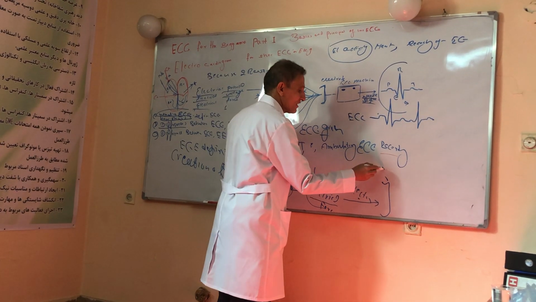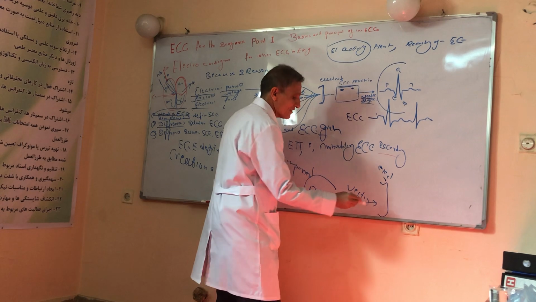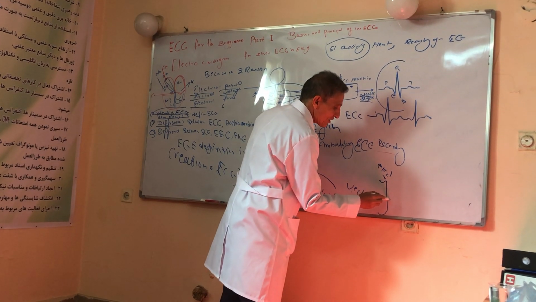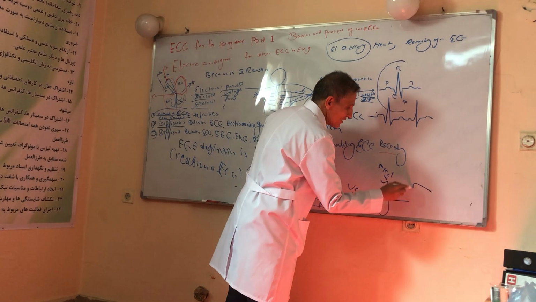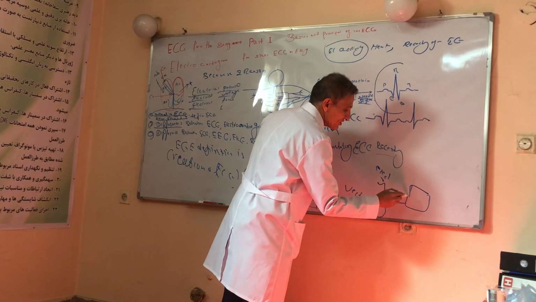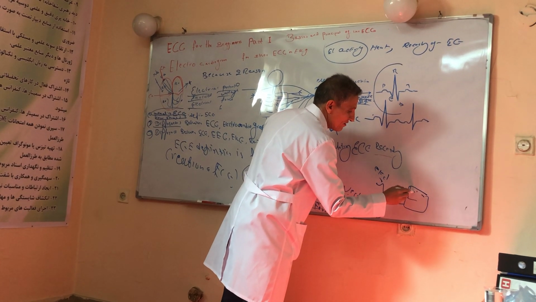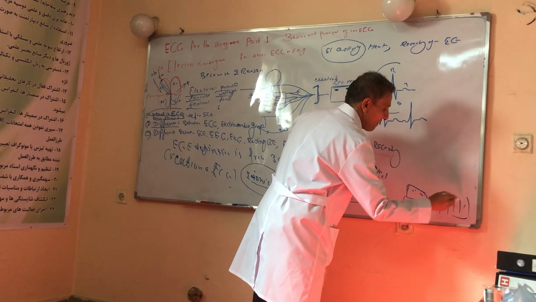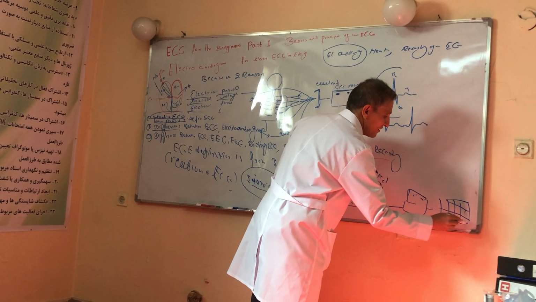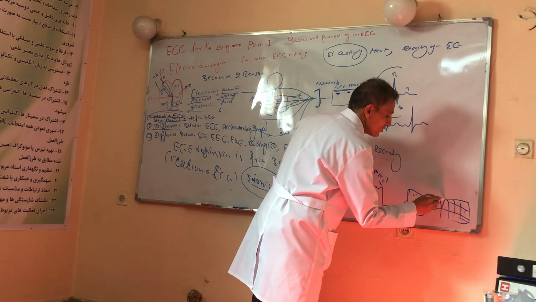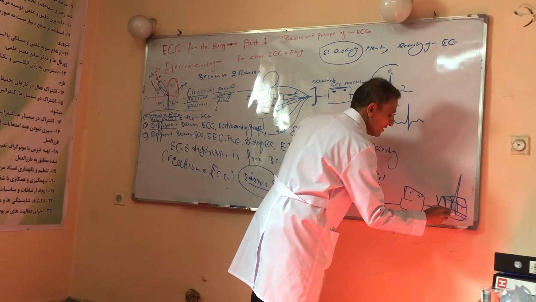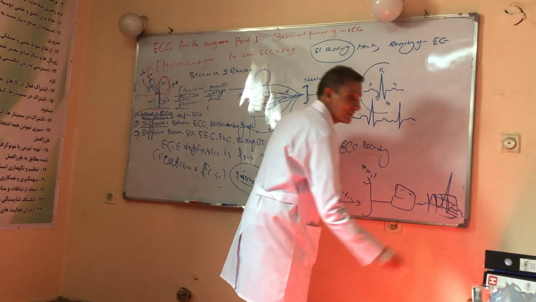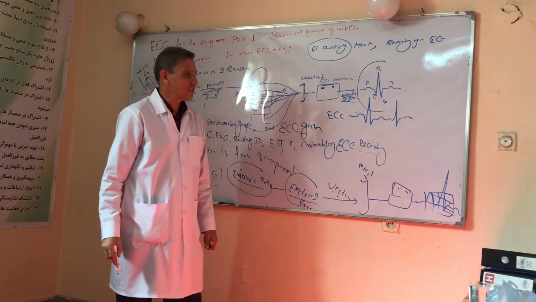surface. This is an electrode. Then this electrode transmits this electrical impulse through this wire to the stylus or to the ECG machine. And finally, you think this is ECG paper. And finally, this needle goes up and down, and then goes up and down and produces the typical ECG form, which